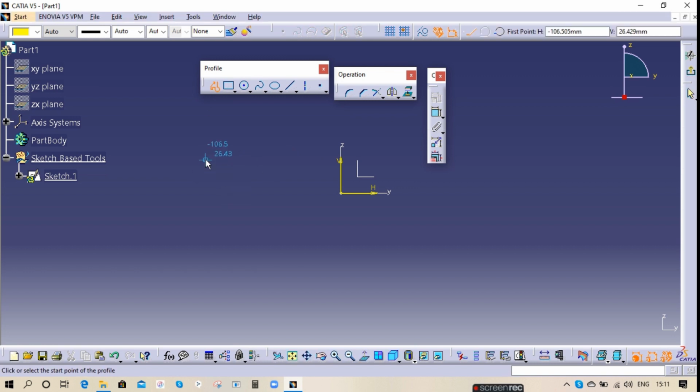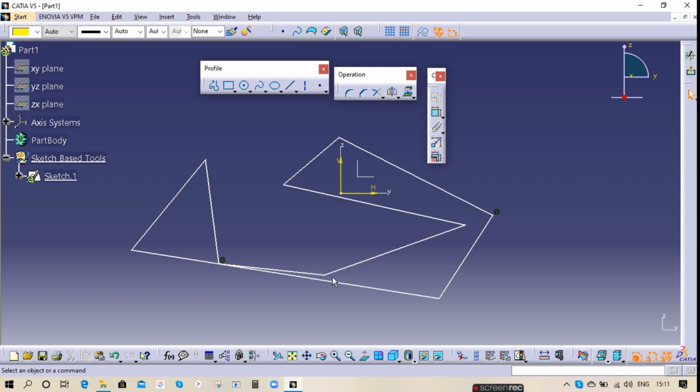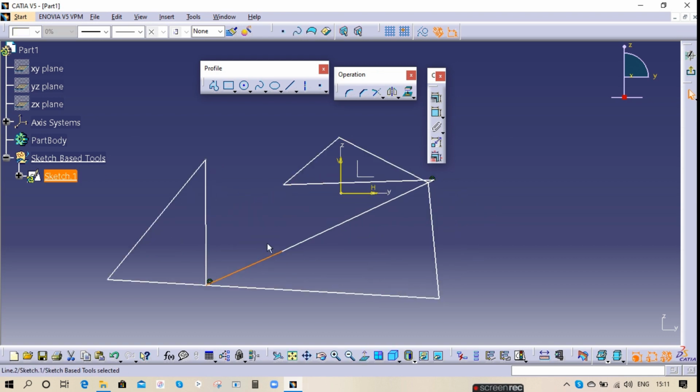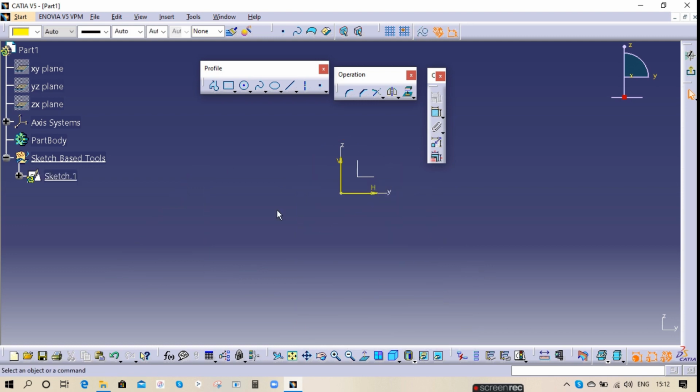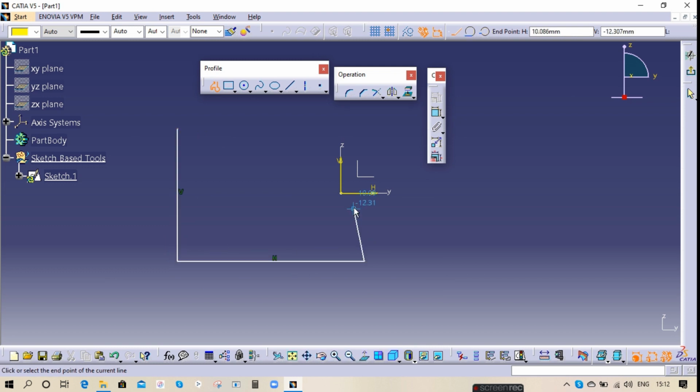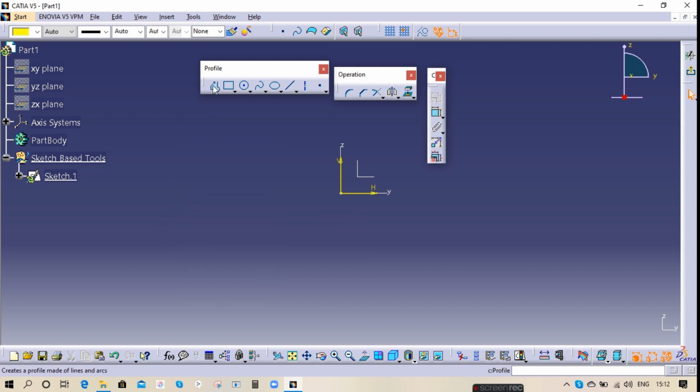If I take a profile, it will create like this. You can create a number of lines and a number of shapes until you go and pick the other end. So now this is closed and this is a profile, and you can even move this one. This is how the profile will create. In a simple way, you can create it in a single step like this. So this is how profile will work.